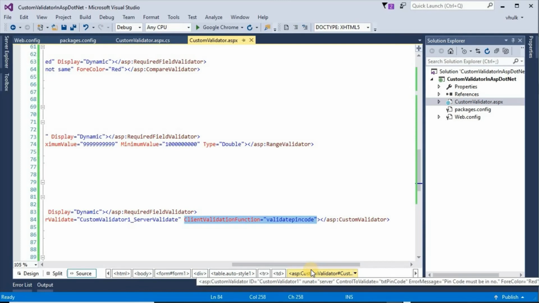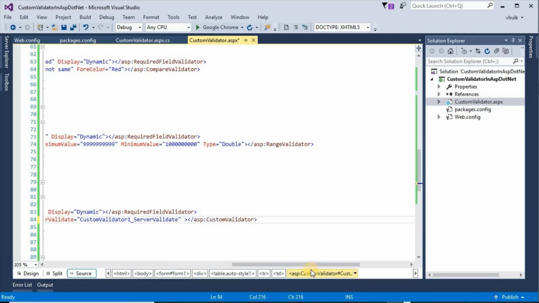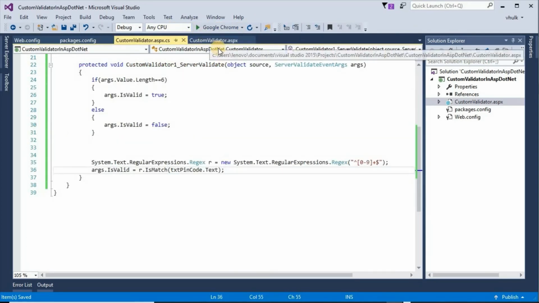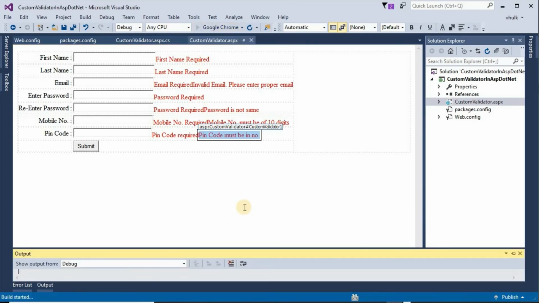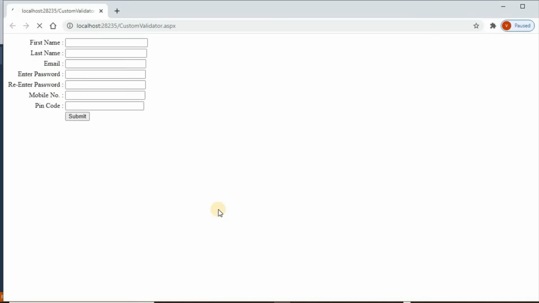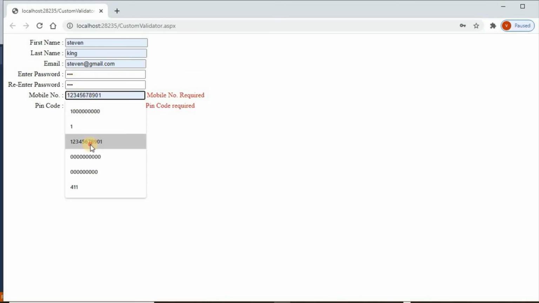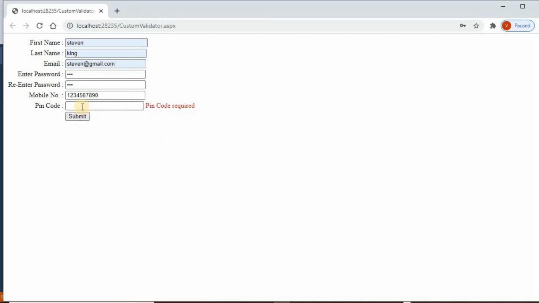If we remove this and save, and if we see in browser now, if we click on submit, Steven King, Steven@gmail.com, ABC, ABC, mobile number, then pin code required.